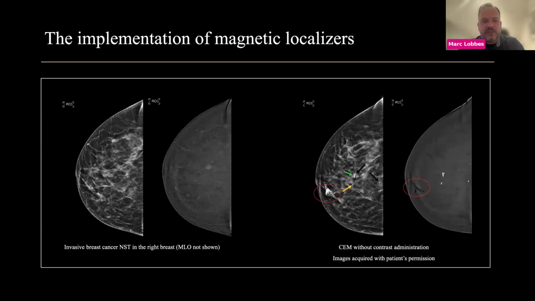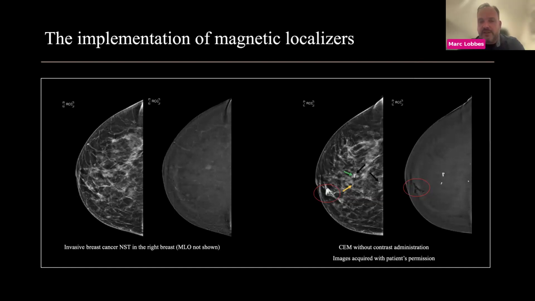Then a lot of Dutch hospitals switched to the use of radioactive iodine seeds, but they're radioactive and come with a lot of administrative burden. An alternative might be magnetic seeds. However, they cause susceptibility artifacts on breast MRI, so you cannot use them when you're using response monitoring and breast MRI. But contrast-enhanced mammography could be a nice alternative because there's no